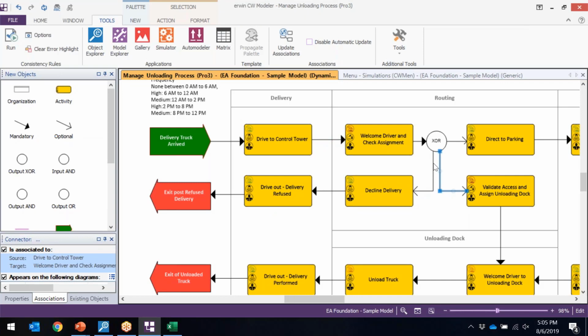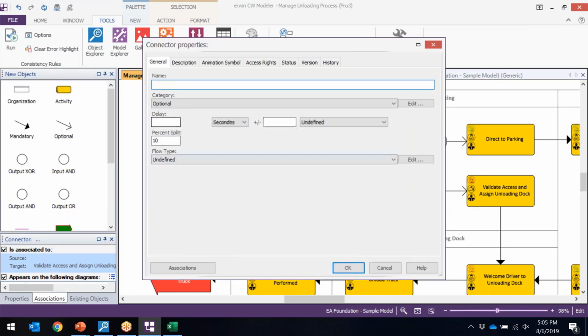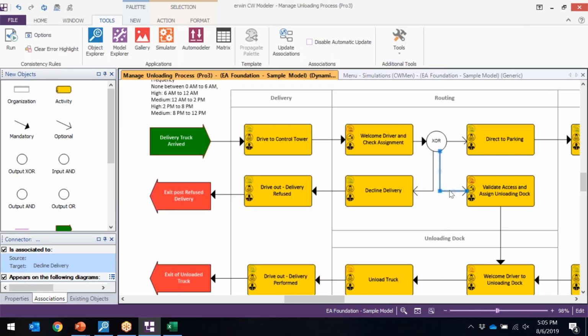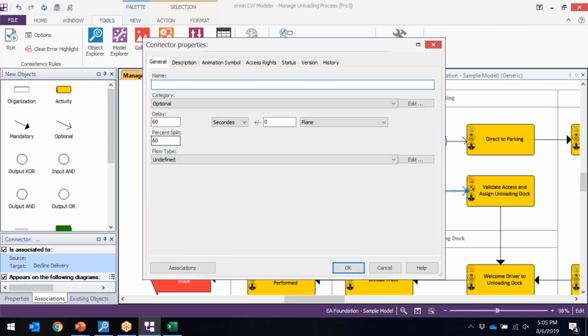These 2 are optional, meaning it's one way or the other, and normally we would specify what percent of the time we go one path or another. So this one is 10. So this one must be 90. And if they didn't add up to 100